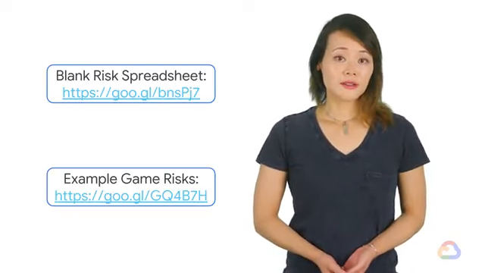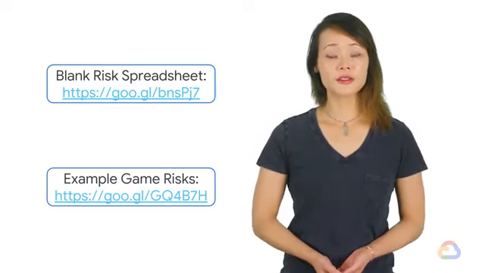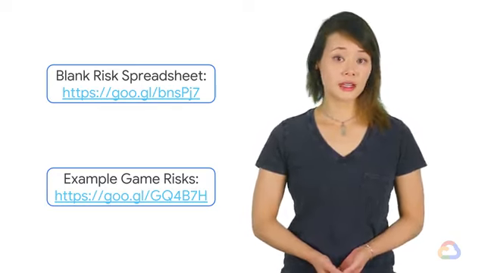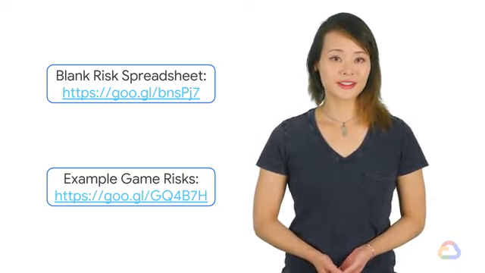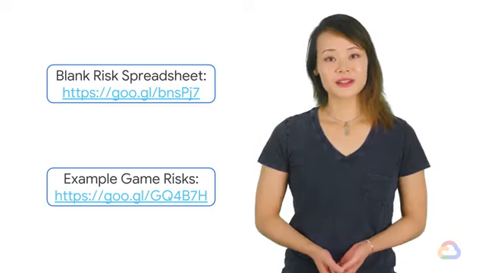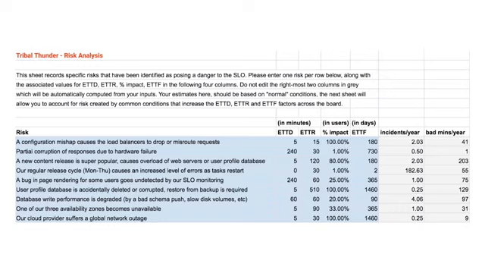Let's see a demonstration of this in action. On the screen, you'll see 2 links. The first is to the master version of CRE's risk analysis spreadsheet, which you can make a copy of when analyzing your own service. The second is a copy of that master sheet with risks and estimates for our example service. We filled in the risk catalog sheet of this document with a set of 9 broad risks. For each of these risks, we've estimated our time to detection, resolution and failure, and filled in an impact percentage. This can be more art than science at times.